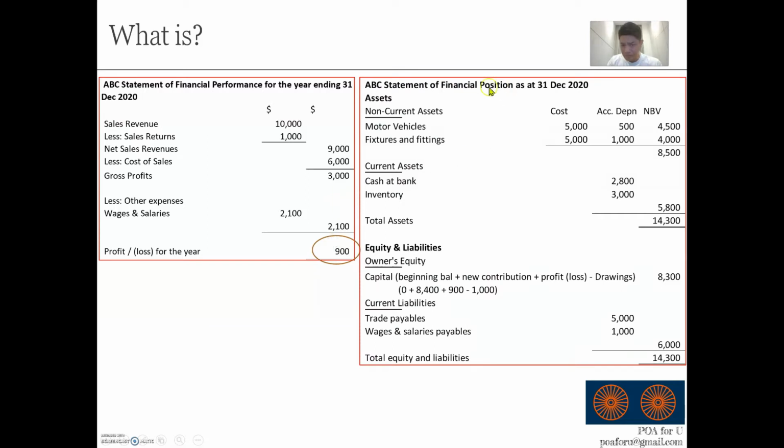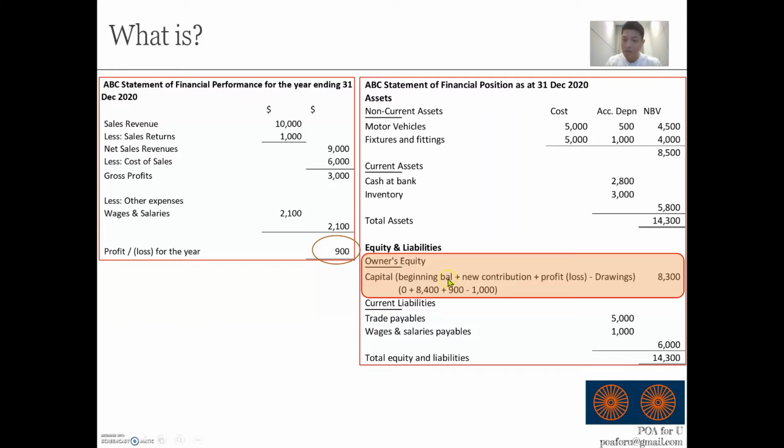Now, this is your statement of financial position, and this is a simplified one as well, but let's look at the owner's equity component, where in the new syllabus, whether it's N or O levels, 7086 or 7087, that's the syllabus number, you're only required to show a one-liner, capital, and then you basically show the numbers whereby how much is beginning balance plus profits or loss minus drawings. New contribution, I've hardly seen that get tested, but it's something that if you see it, it belongs in